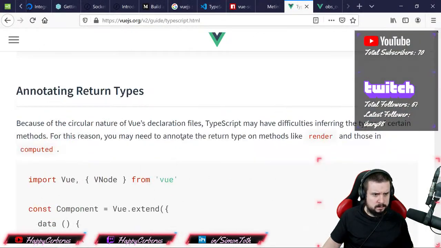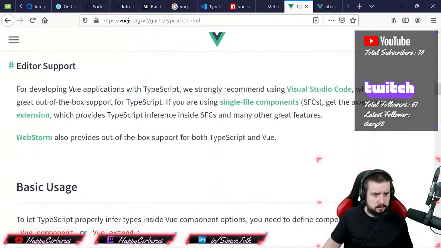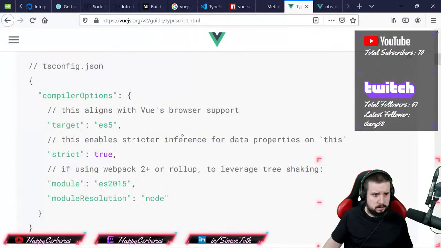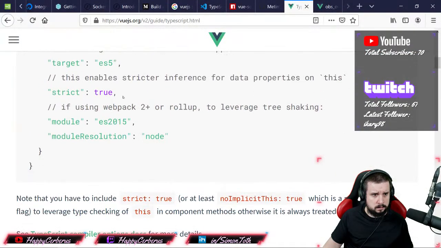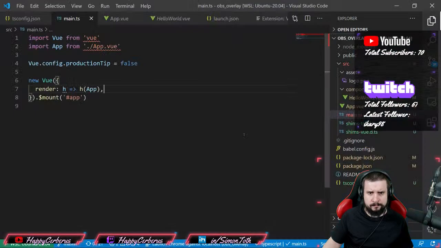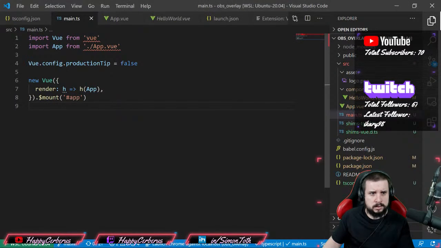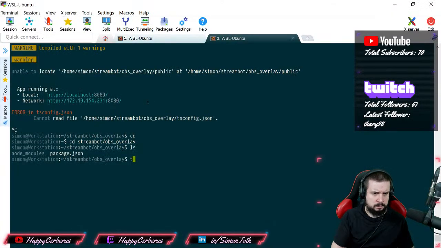I mean, there was definitely a different setup. So this is actually now coming from TypeScript. So if I do